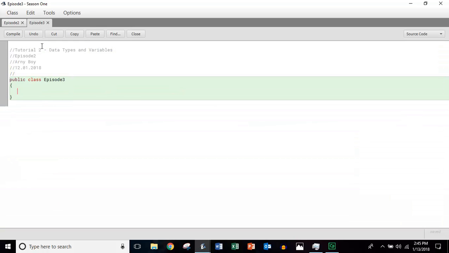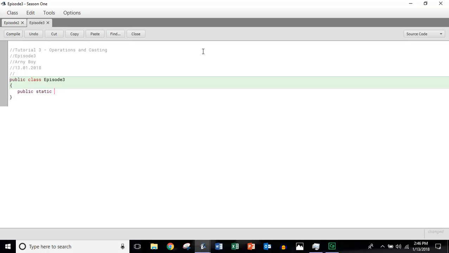Okay, so here today we're going to be doing tutorial 3. The topic I'm going to be introducing today is operations and conversions and casting. Okay, so then a public static void main. So what we're going to do here today is I'm going to show you how to do math using Java